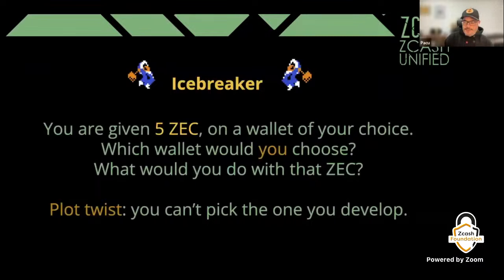I'm starting with a small icebreaker here. It's a small question for every panelist here. Folks, you're given 5 ZEC on a wallet of your choice. Which wallet would you choose, and what would you do with that ZEC? There's a caveat: you cannot pick your own wallet. You cannot pick the wallet that you work on. So I'll start with